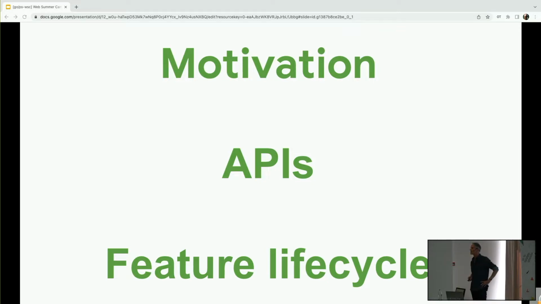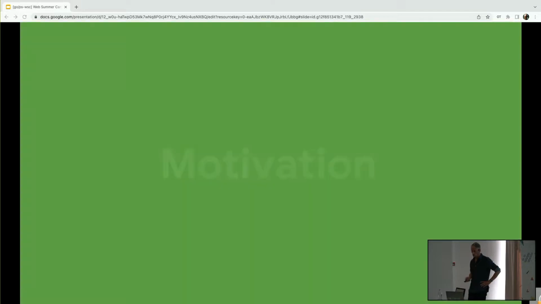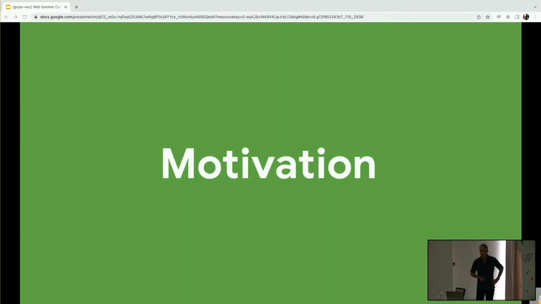These are APIs for providing relevant ads and measuring digital advertising. And lastly, I'm going to talk through the development feature lifecycle: how APIs are developed, how we engage with industry and other stakeholders, and how features get from just being words on a page to being something that people can use in a browser.